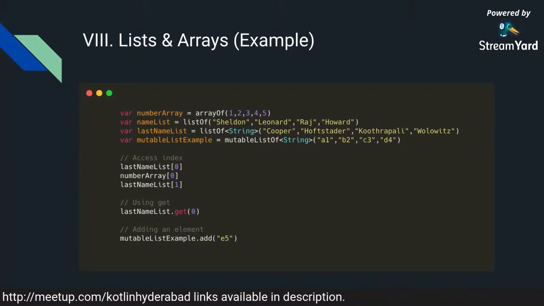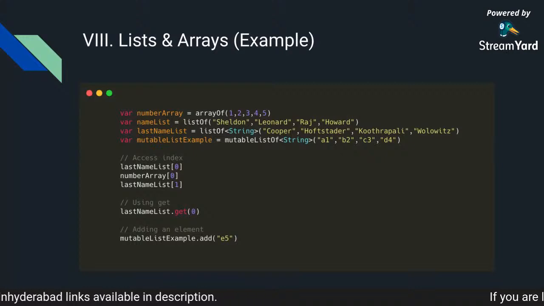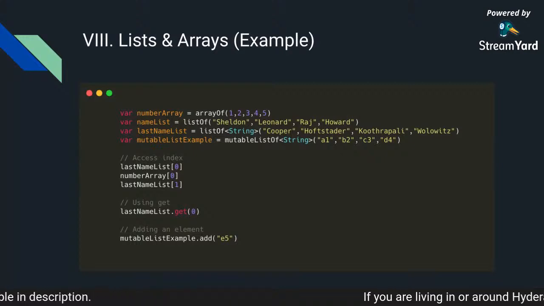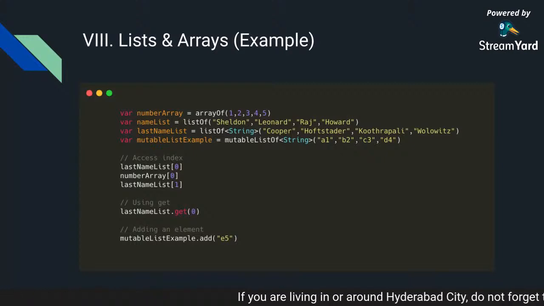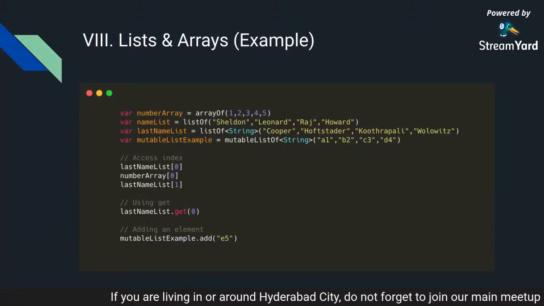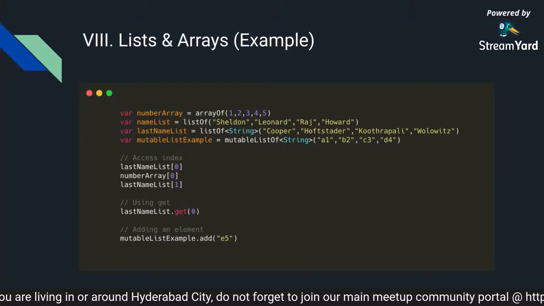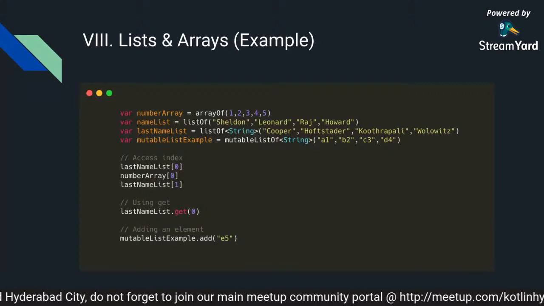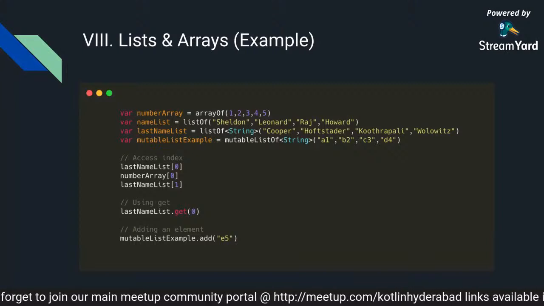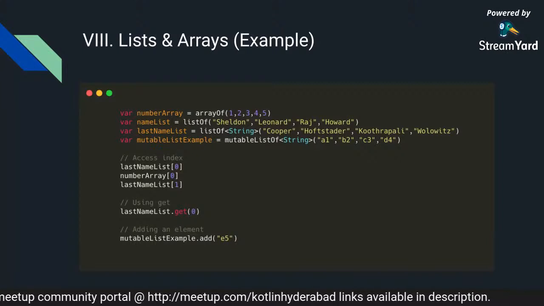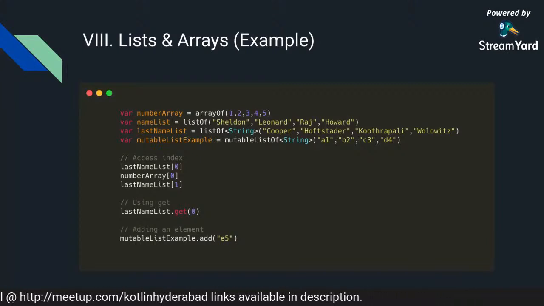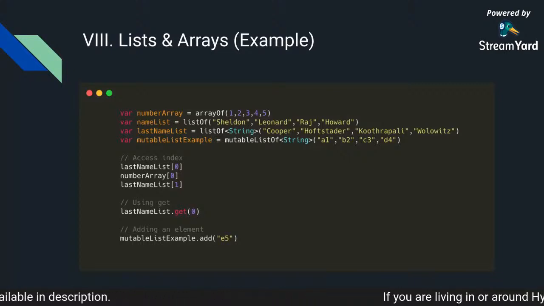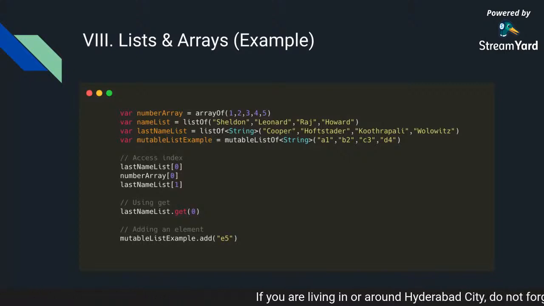Now let's say what if I want to explicitly mention what type of list this is, what type of elements can be contained in it? Here I have another example where I've called it last name list, and this is a listOf, and I've defined the type over there. This is how you define a type for the elements to be stored in a list. Here it's storing a list of last names, which are of type String, and I have the 4 last names of these 4 gentlemen whose names are there.